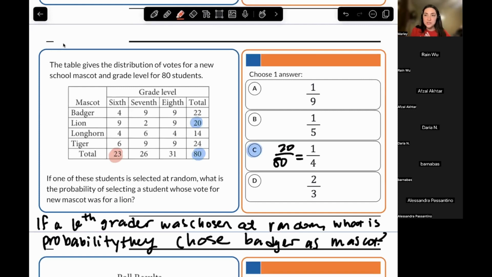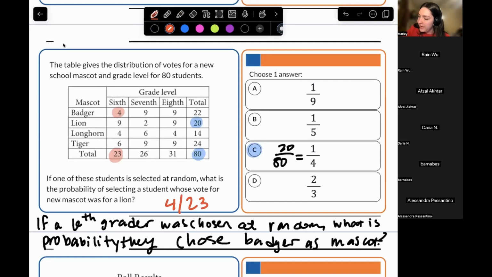Also, if we're only choosing out of sixth graders, we can only choose the sixth graders that picked Badger. So we can only choose the 4. So in this case, our answer would be 4 out of 23 for that. So it's always going to be dependent on what the if is or what the given is. They could have done this in reverse. They could have said, if